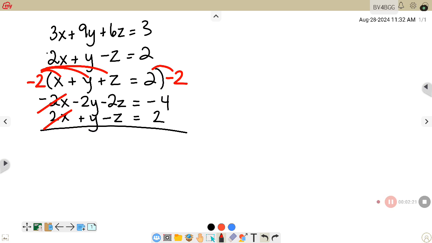So when I do that, I have negative 2y plus y gives me negative 1y. Negative 2z minus z gives me negative 3z. Negative 4 minus 2 gives me negative 2. So what I have done now is I have created an equation eliminating my x's, but I still have y's and z's. My goal is to get it down to just one variable so that I can solve for that variable. Since we eliminated the x's once, what we want to do is eliminate the x's again without using the same exact